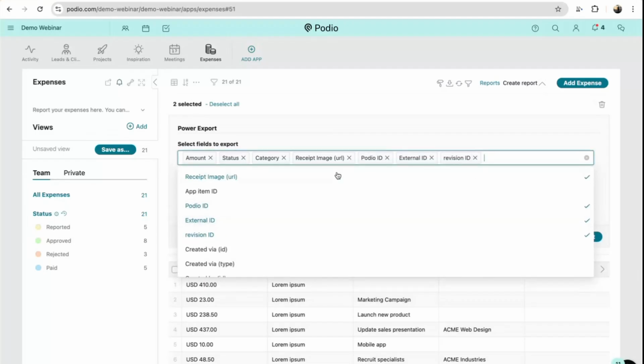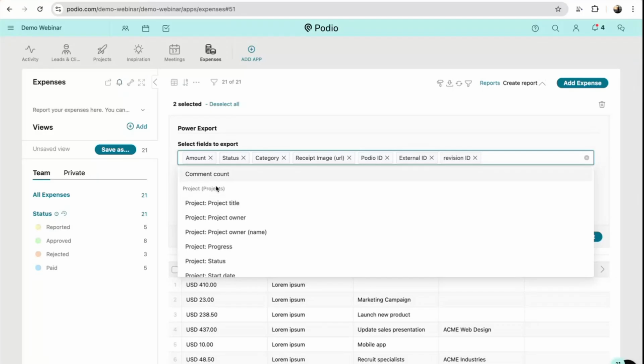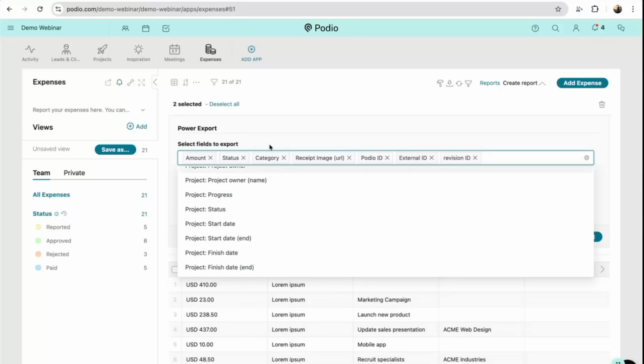Another powerful feature, and the reason we call it Power Export and not just Export, is that if you scroll down here, you'll see suddenly that below comment counts, you see projects, and then you see all of the fields appearing of the project app. And the reason for this is that the expenses app, as I showed before with the bulk edit, points or has a relationship field to the projects app and also to the leads app. So